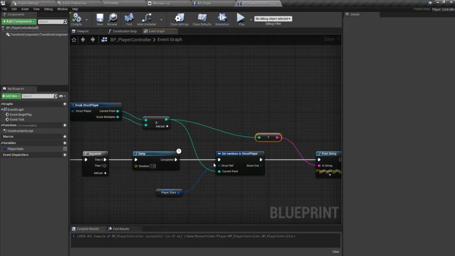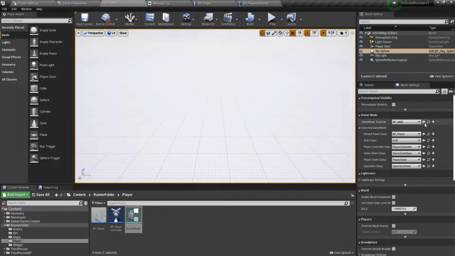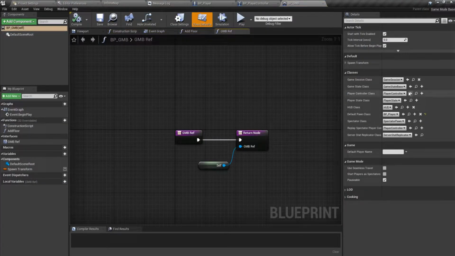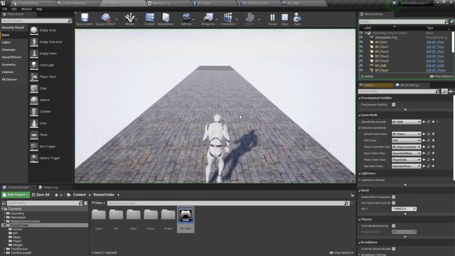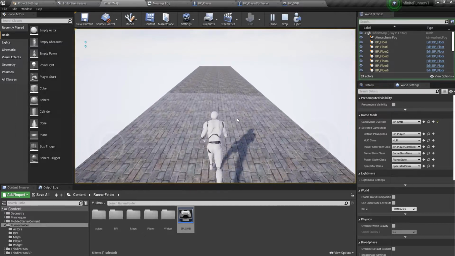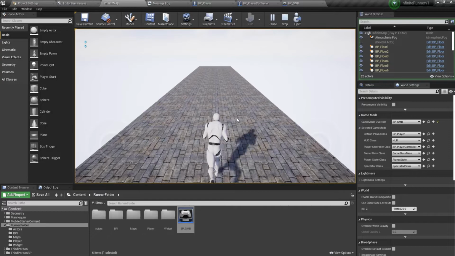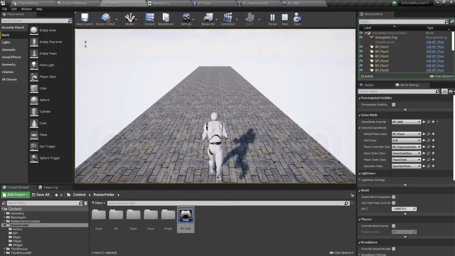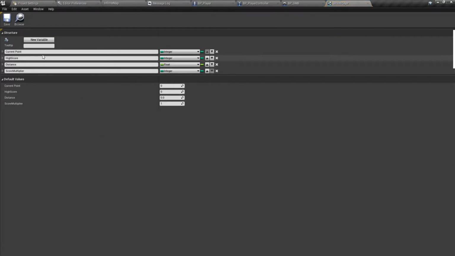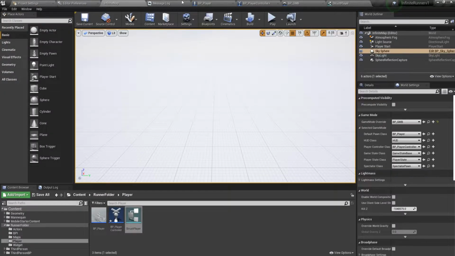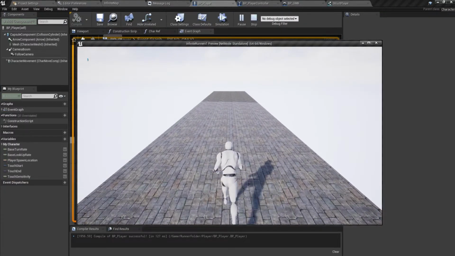Oh yeah, right. Also I forgot, you need to open up your bp game mode, and over here in the player controller class you need to set the bp player controller that we just made, and now play the game and you should see. Oh yeah, right. Go to the player struct point and make sure your current point is also set as 1 by default, and let's play that, and 1,